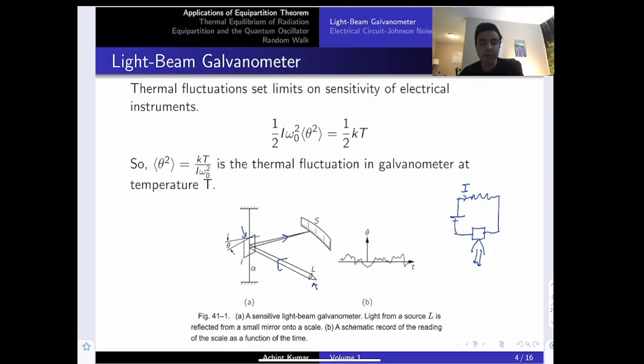It turns out even if there is no light present, we still see some fluctuations, some rotations in this mirror. And the reason is because this mirror is in contact with an environment. And this environment consists of air molecules which are bombarding the mirror, and it is making the mirror wobble. And the question is, what is the mean angle that the mirror would rotate? And that we calculate using